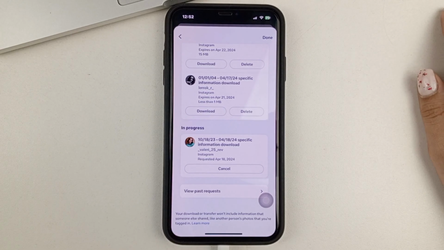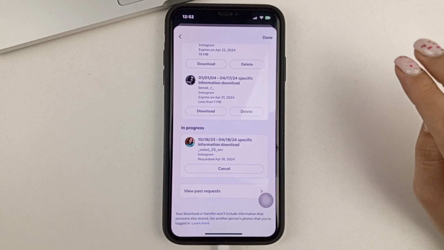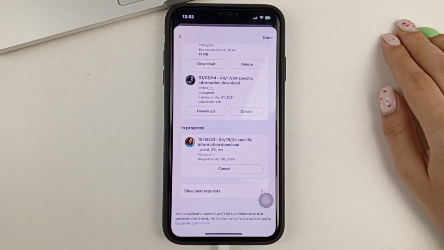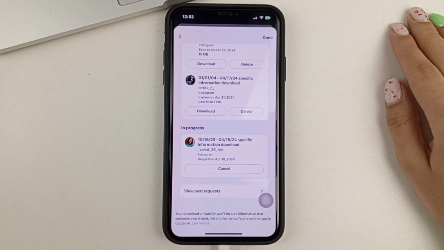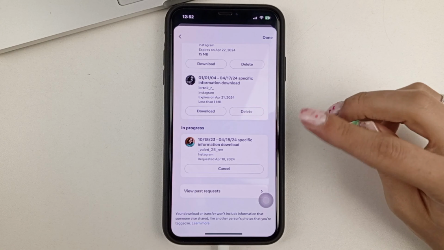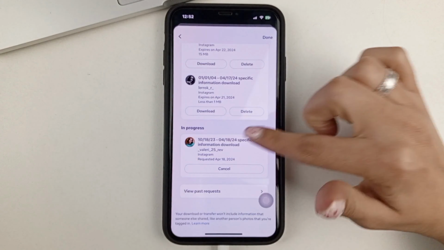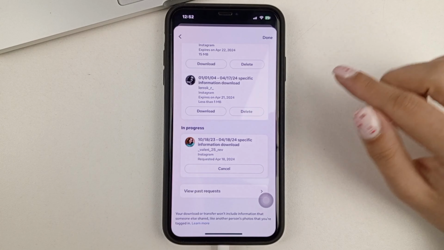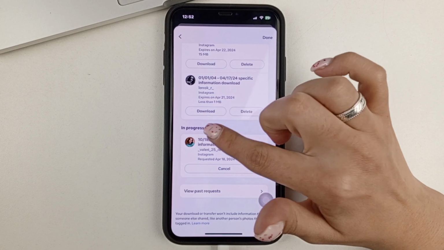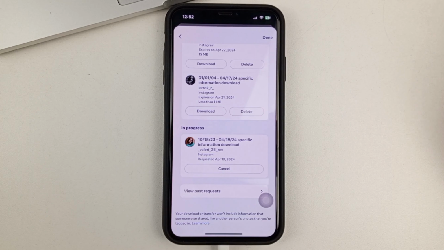And now we get this request to download our media files. After a little bit of time has passed, you will receive an email notifying you that your media files have already been downloaded. You'll be able to then go back to this page, and you'll then have a window like this instead of this one, as I've done beforehand, a prompt. And here you can click the download button to download all of your photos and videos, including the ones that are disappearing to your device.